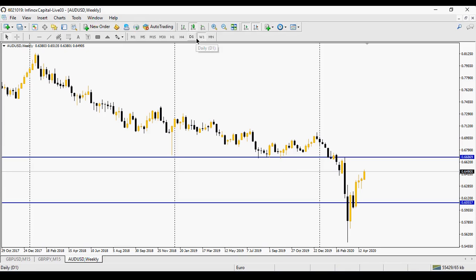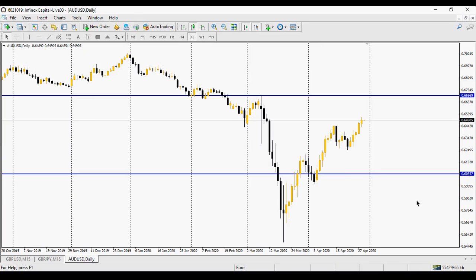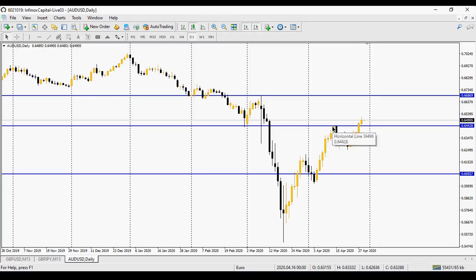Should not be surprising, okay? Because we moved in the direction of the daily time frame. It actually broke out. What it did yesterday was to break out. See yesterday's candle. It's a new day, so we can see that the market is trying to start a new day. So yesterday, what it did was to break. It broke out from this